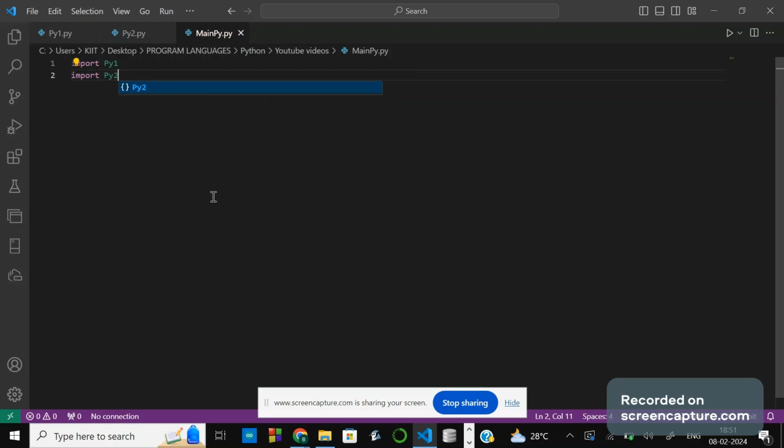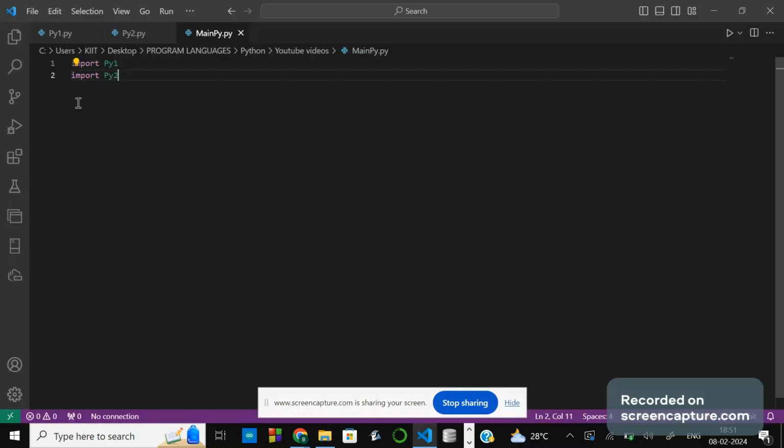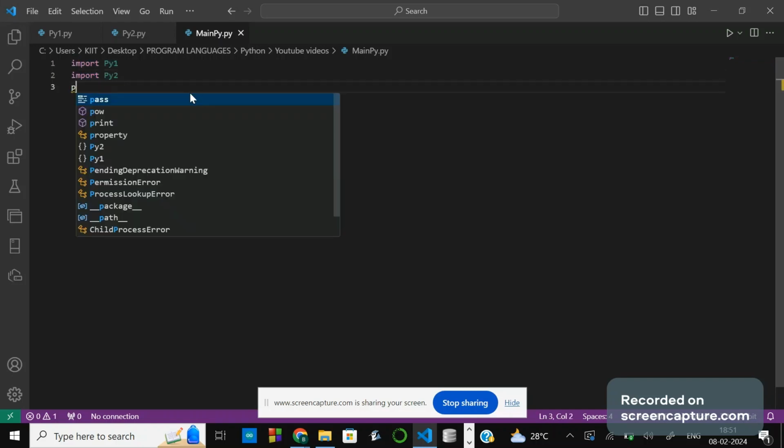So till now what I have done is, in the same folder, I am creating two Python files and one more main file which can execute these two Python files. Note the point, all the Python files should be in the same folder. Then only we can import these two Python files here in the main file, which can execute them. Now print